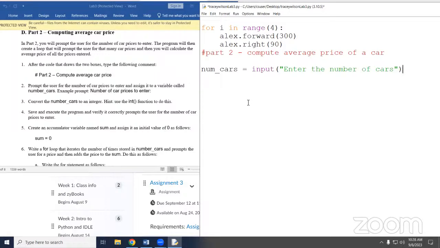All right, so I'm going to enter the number of cars. I'm going to convert that to an integer, right? Because right now it's a string. Right, this looks familiar. We do a float. Need a float because cars have a fractional portion, or at least I hope you're not driving a car with